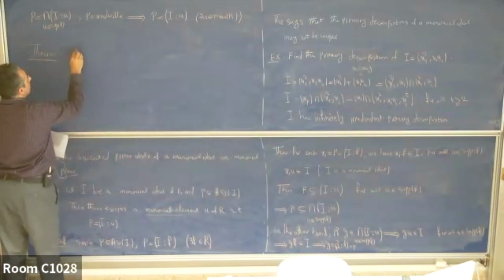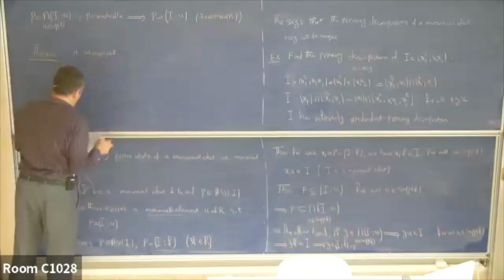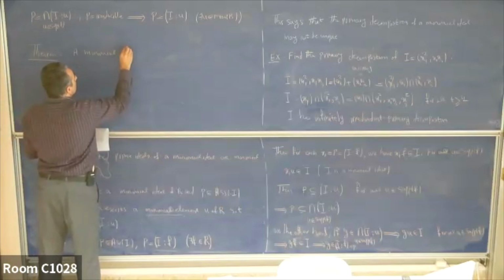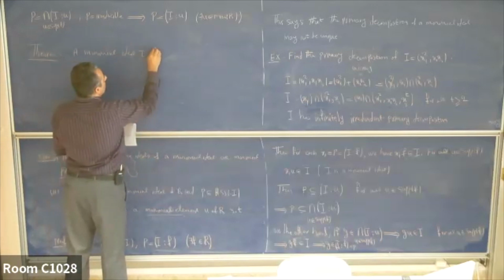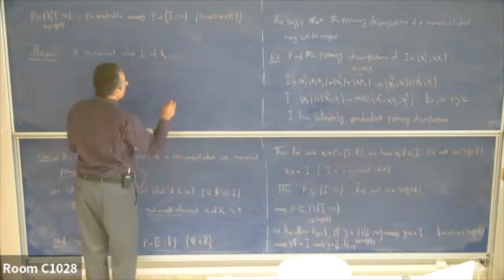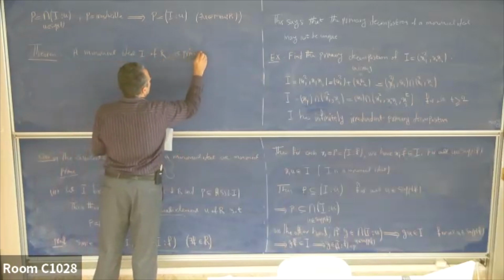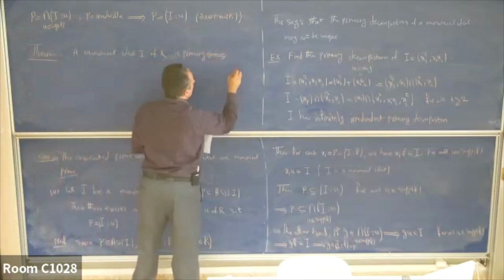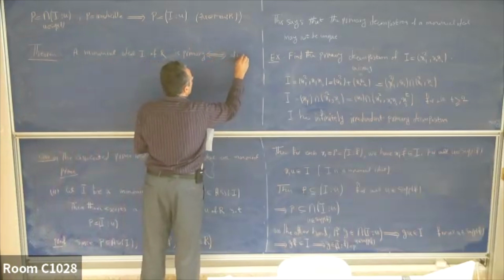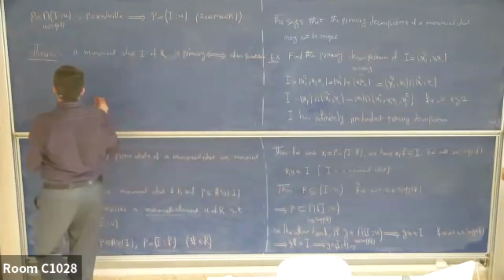A monomial ideal I of R is primary if and only if it is characterized, after a permutation of variables,